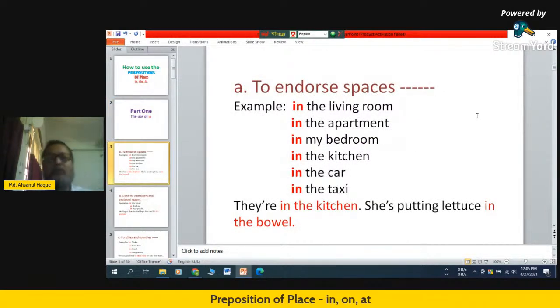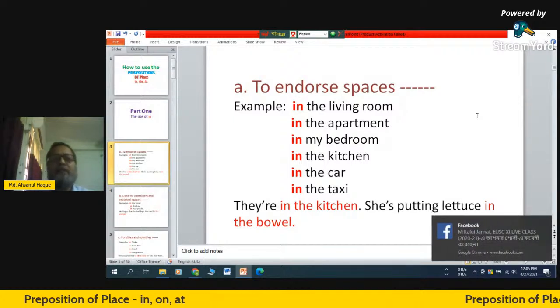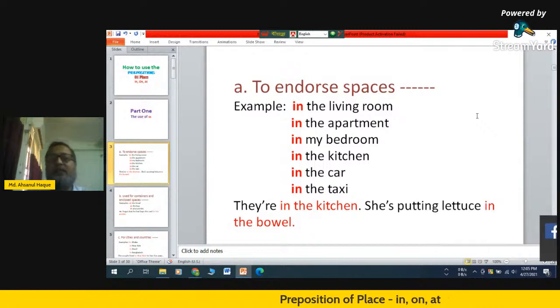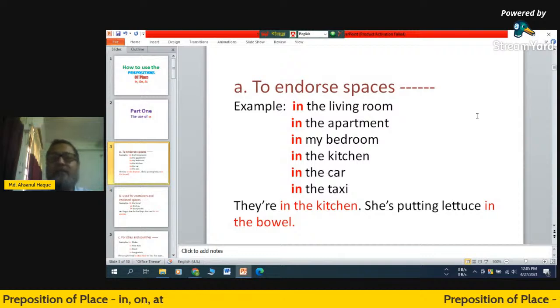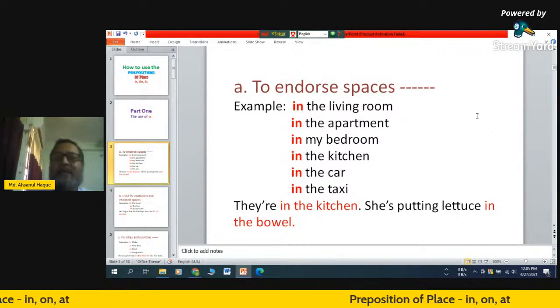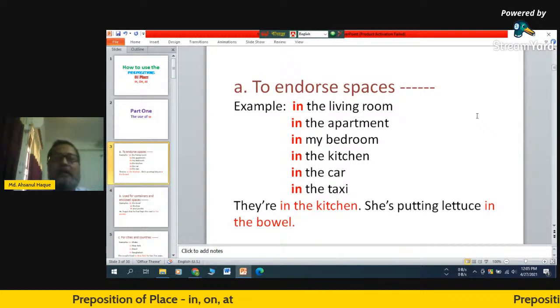How we are to use this preposition of place in. And the first use of this preposition is to indicate spaces. That means when you want to mean spaces or gaps or place positions, we use in as a preposition in a